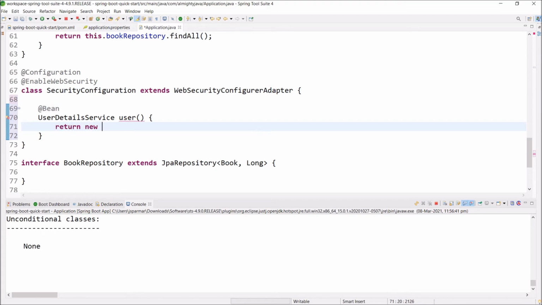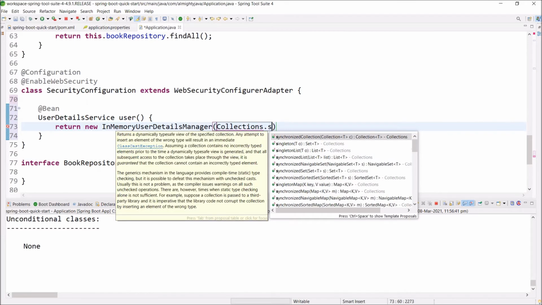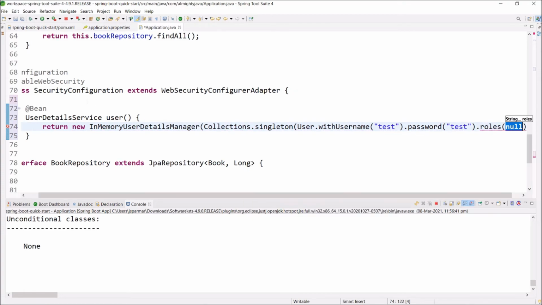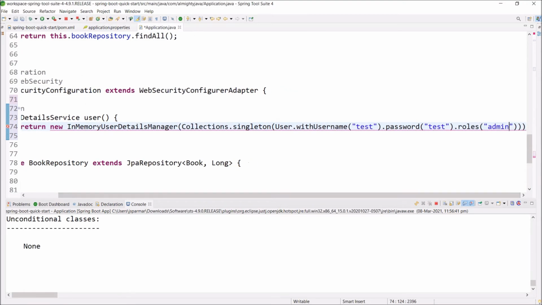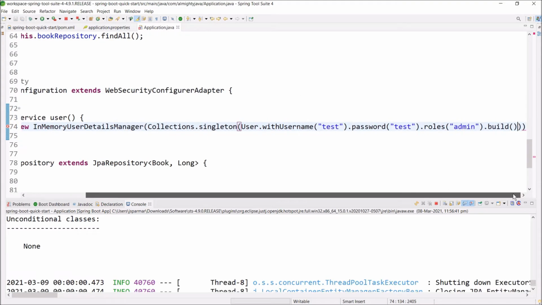So let's create an object, and here pass Collections.singleton method, and here pass User and call withUsername method, and after that call password method, and then call roles method, and at the end call build method. This behavior is like the builder design pattern. Okay, so this implementation is done.